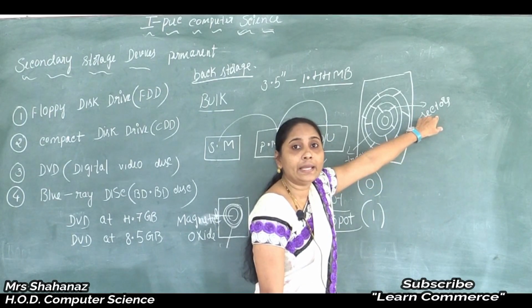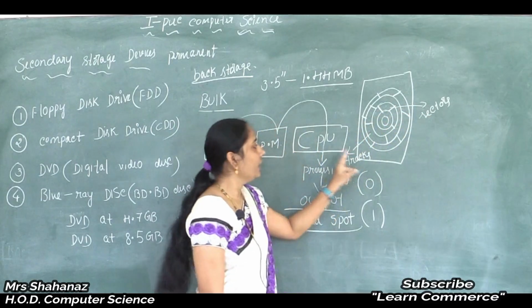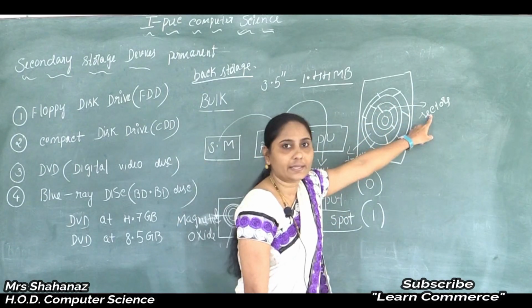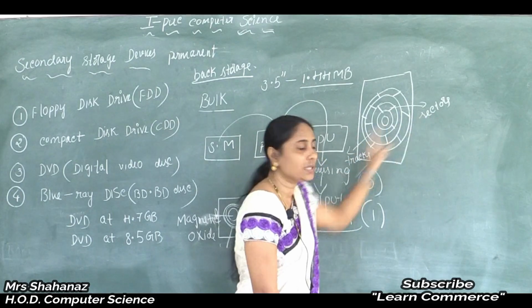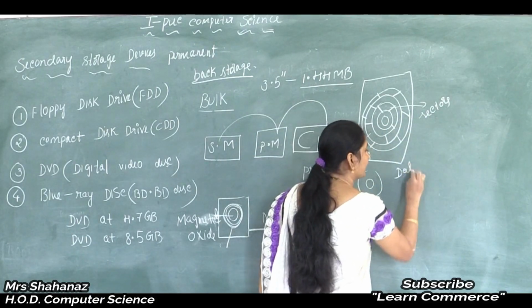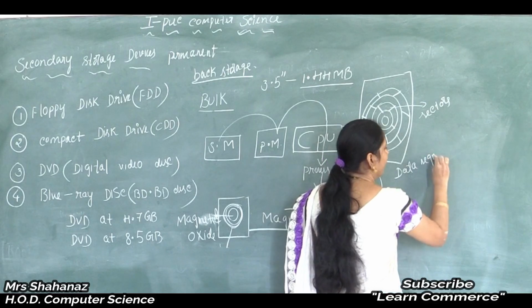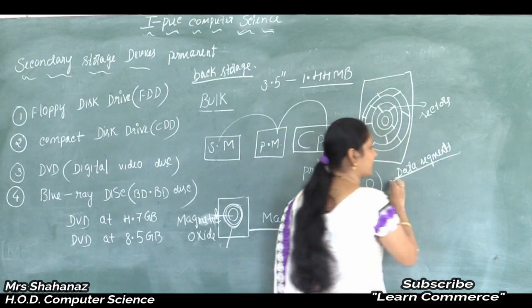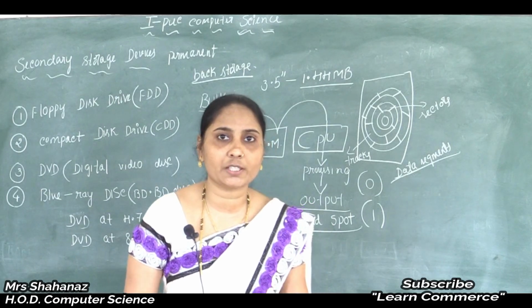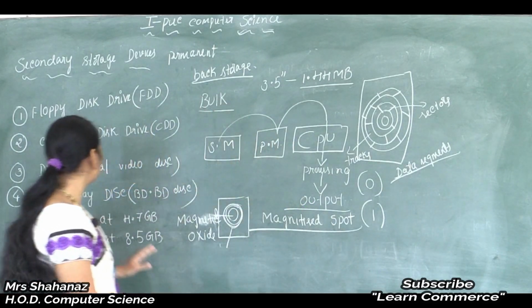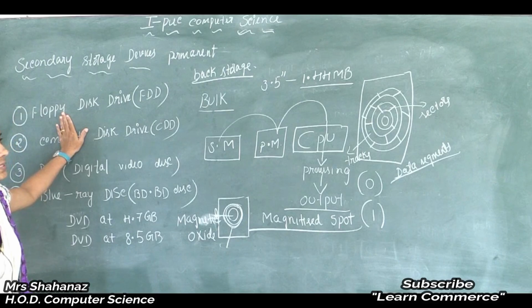And the area covered by using the tracks and the sectors, okay, the area going to be covered by using the track and the sectors is called the data segments. So why are we using the track and sectors? To store the data and the instructions. So clear this point here. So this is some note about our floppy disk drive here.